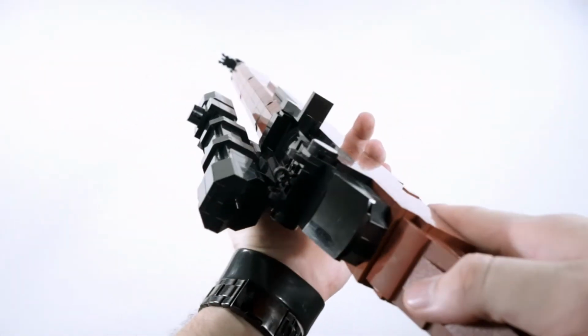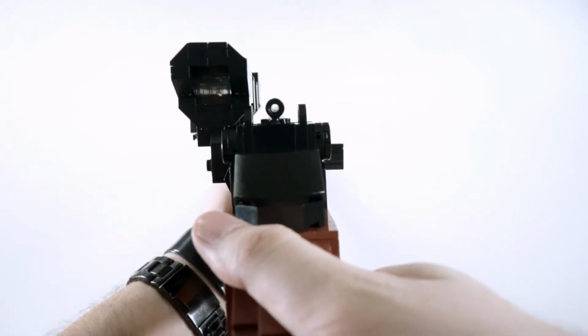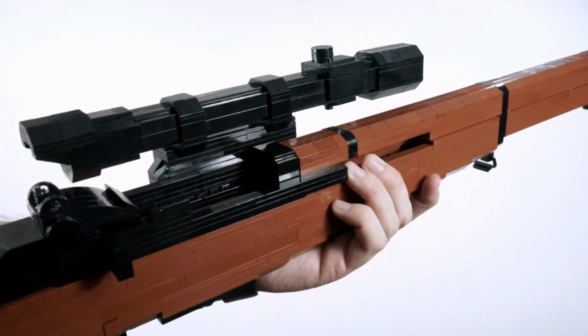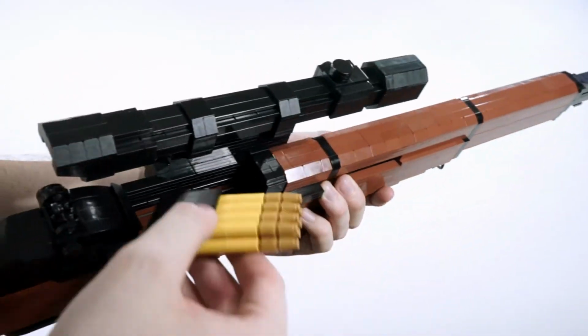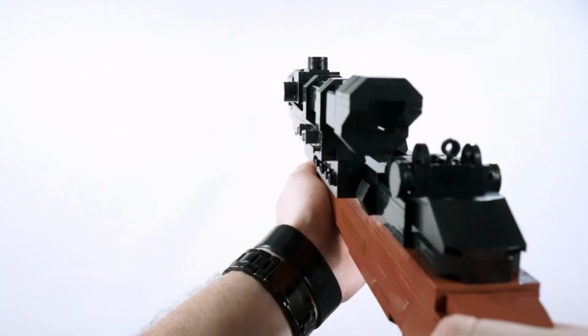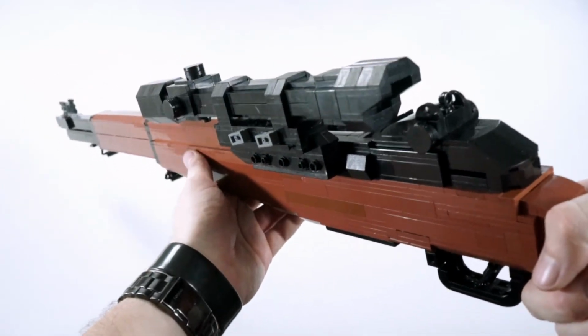And what makes this scope so useful for the M1 is the fact that in a pinch, you could actually transfer over to the regular iron sights just by shifting your aim slightly to the right. And obviously, since the scope is more towards the left side, it does allow the rifle to still properly load and unload itself. And that was the M1C, a fairly competent rifle,